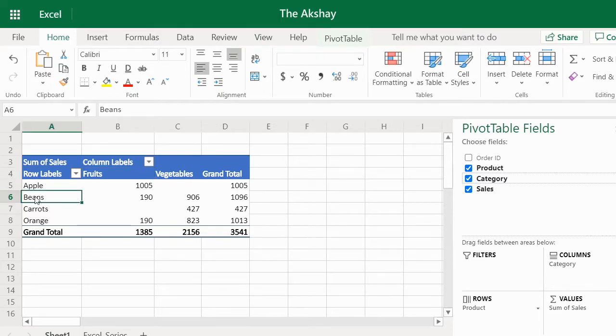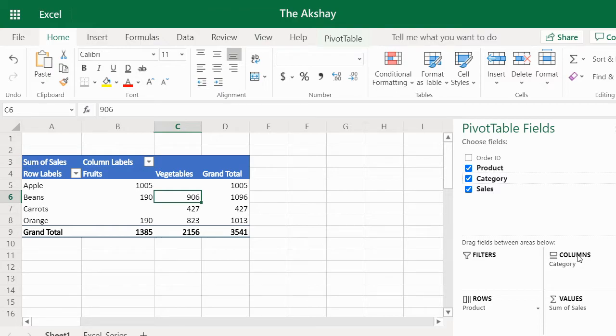If you notice, beans is the product appearing in both categories, fruits and vegetables. It is showing separate sums for fruits and vegetables. So fruits beans sum is 190 and vegetables beans sum is 906. So like that you can categorize your data using the columns area.